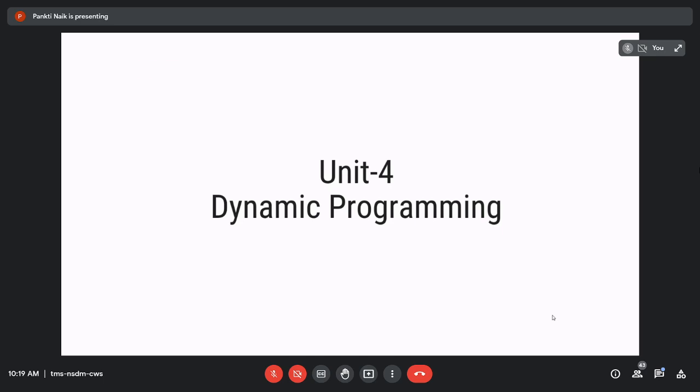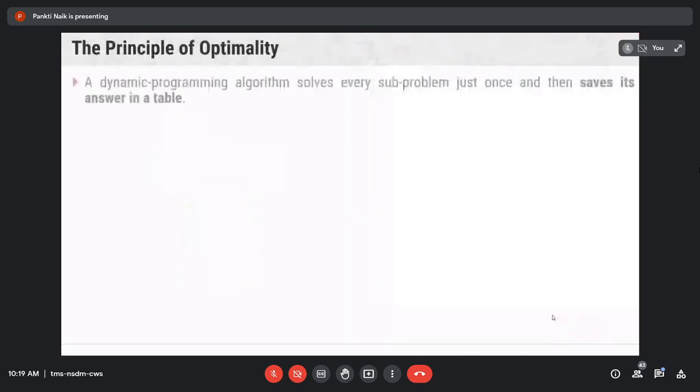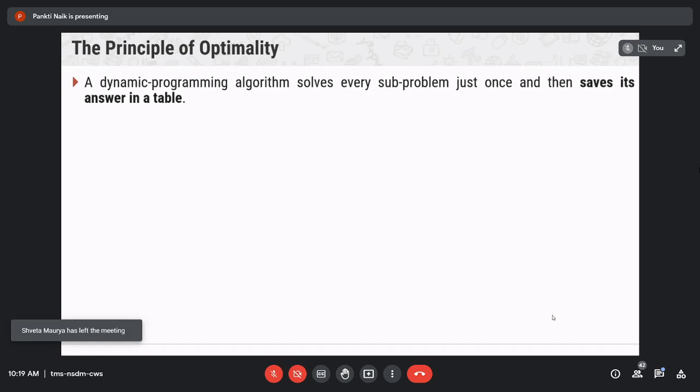Now what are the steps of dynamic programming? Right? So first let us understand the principle of optimality, right? Because the dynamic programming algorithm obtains the solution using the principle of optimality, because it is used to find the optimal solution, right? So to find the solution, your dynamic programming algorithm uses the principle of optimality. So let us understand what the principle of optimality is, right?